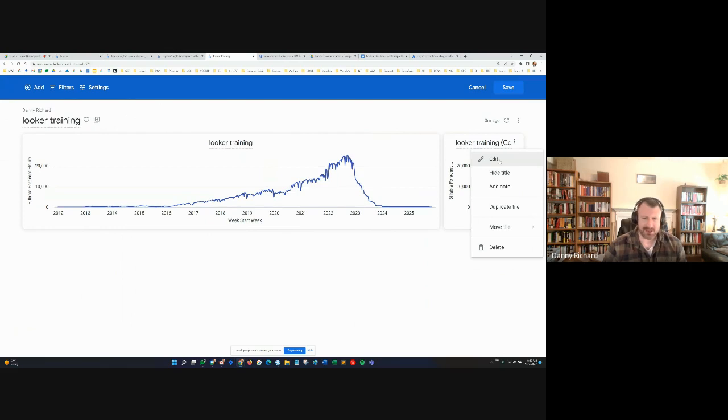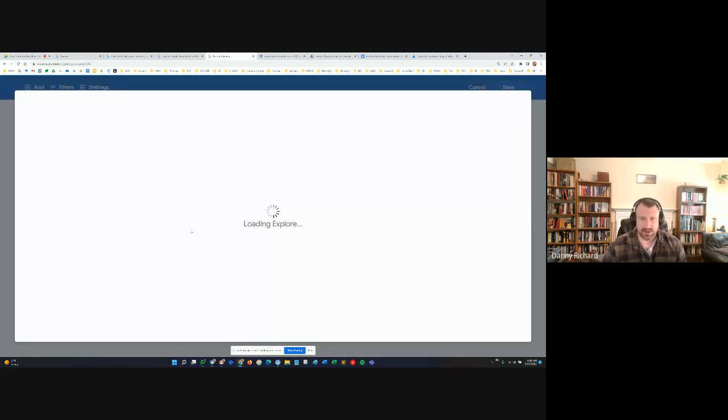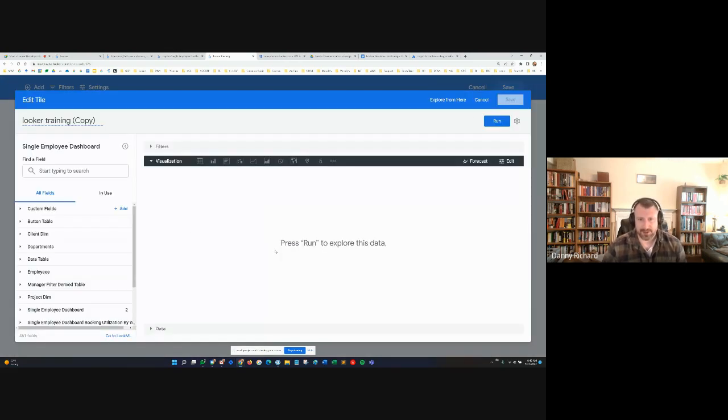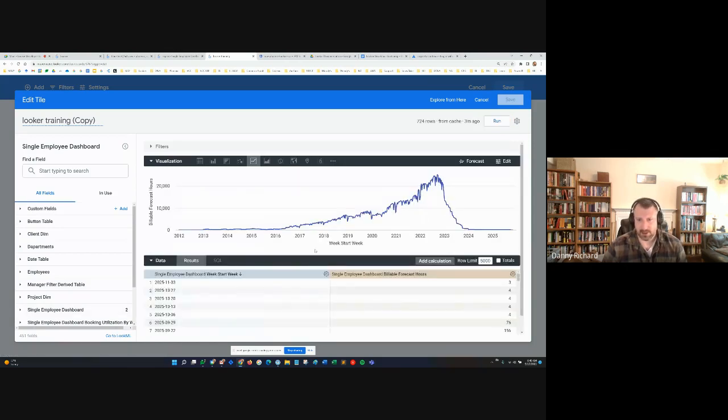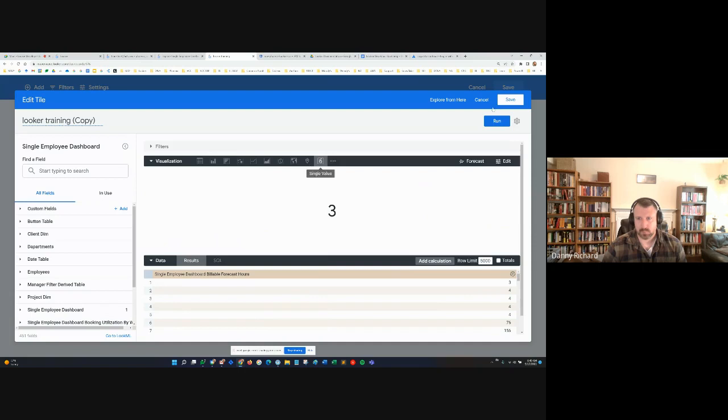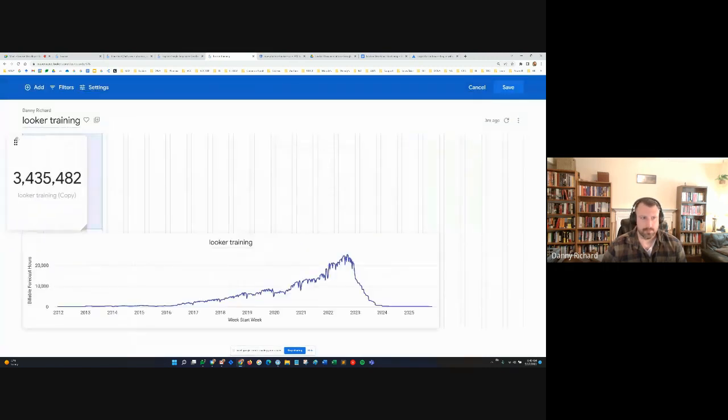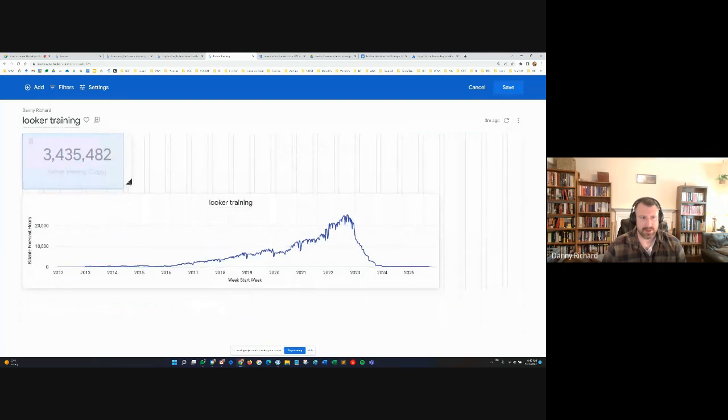When it comes to dashboarding, you typically start with KPIs up top, and then you drill into other components below it. We can turn this into a KPI. Save it. So typically with dashboards, you want to put the high level KPIs at the top, and then